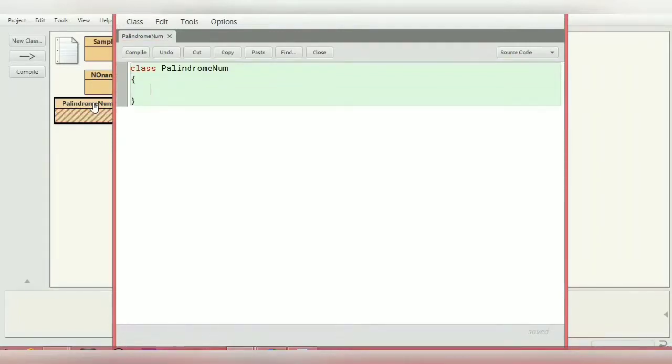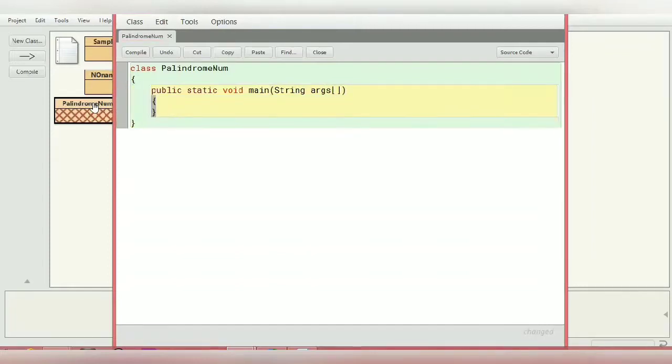Okay, let me write the main function. Okay, so we have done writing the main function.